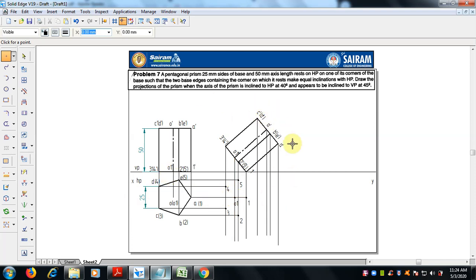Okay, fine. Next, ABCDE, the top face we have to draw. So select line, 0.13, from A to A dash, B from here to B dash, okay, C, select the end point of C with C dash, D and D dash, E with E dash. Okay, so now ABCDE is done.